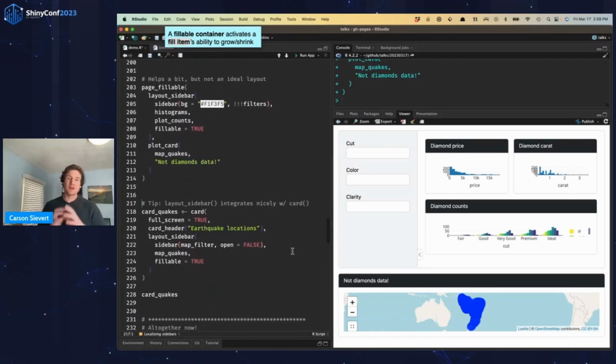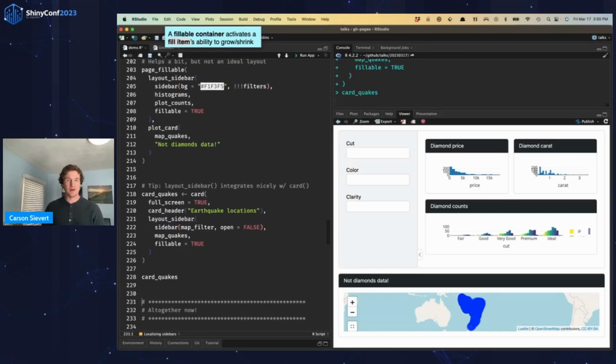All right, so if you're in this situation where you have input controls that want to be grouped together in different areas of the page, you can leverage the fact that layout sidebar integrates nicely with a card. So I can use the same card API and just drop in a layout sidebar, similar to how I would with a card body.